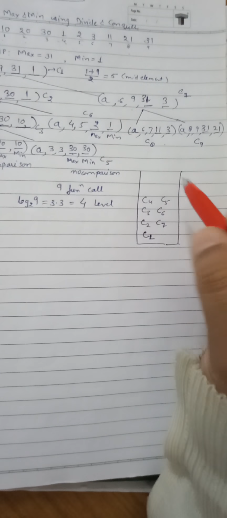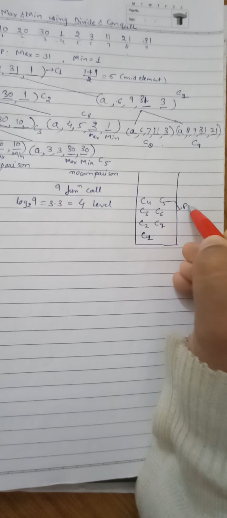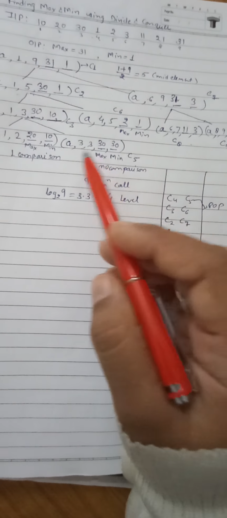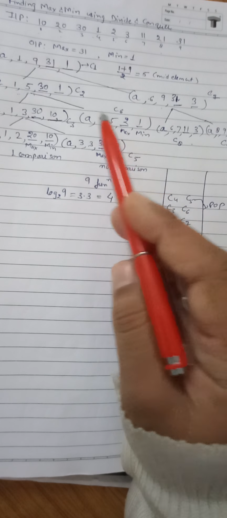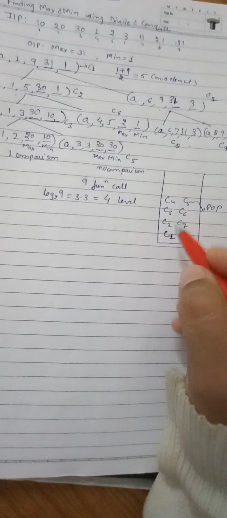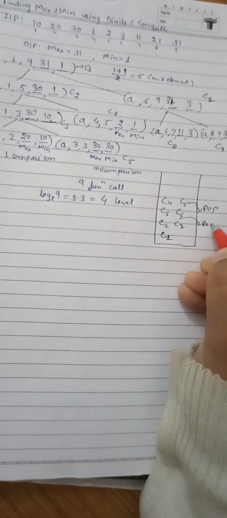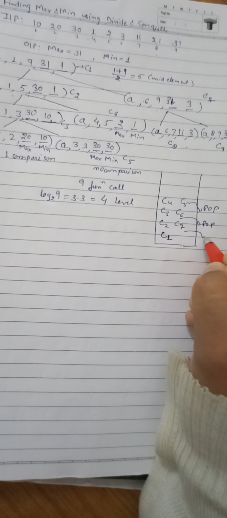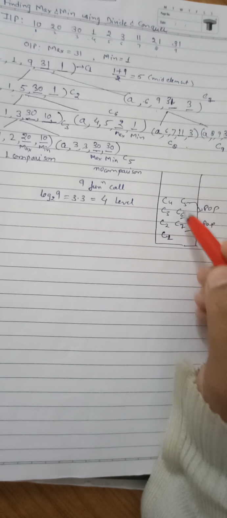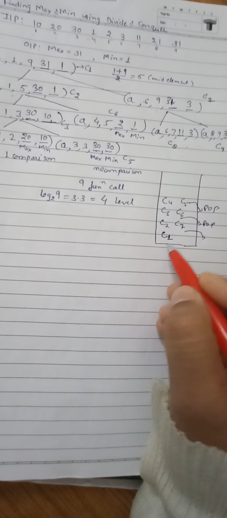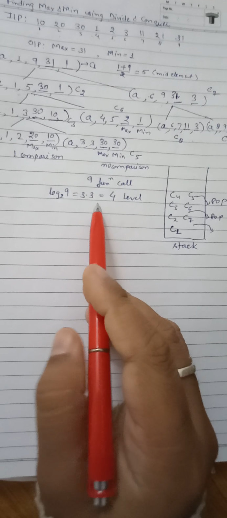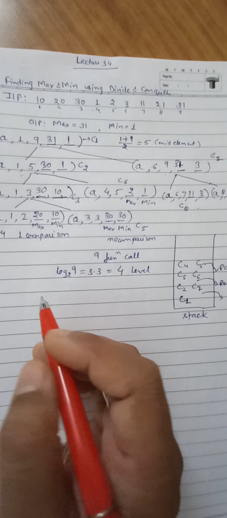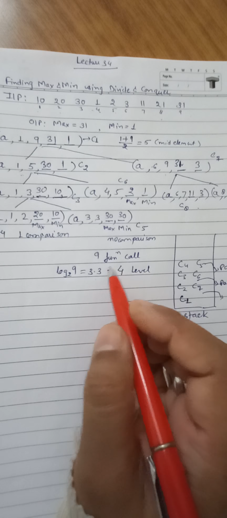First we solve this one. So c5 will get popped, then c4 will get popped, then c6 will get popped, then c3. First c5, then c4, then c6, then c3, like that, then c7 will get popped. So in that way we can see a total of 4 levels are required for the stack. And from here it is also clear, if we take the log of all function calls, a total of 4 levels will be there. So these are the 4 levels.